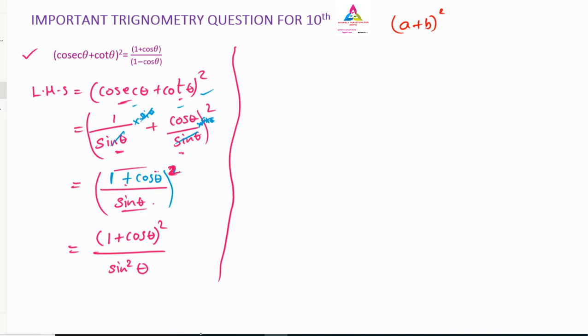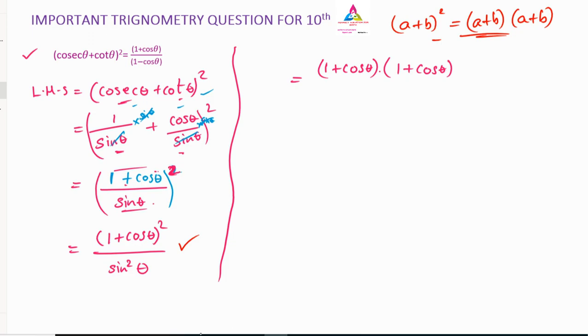But one more identity I have already told, it is nothing but (a plus b) into (a plus b). So that identity we can use over here and we can write the further thing. So we will continue this on this side. So here the left hand side, 1 plus cos theta the whole square can be written as 1 plus cos theta into 1 plus cos theta. Remember this thing. So I have written this a plus b into a plus b, means 1 plus cos theta into 1 plus cos theta.